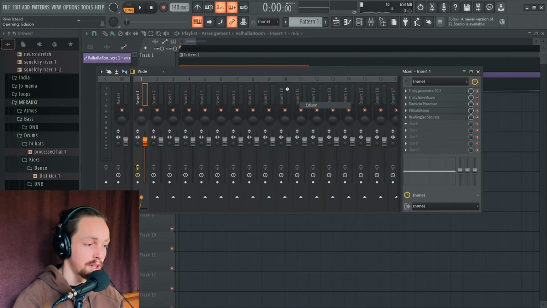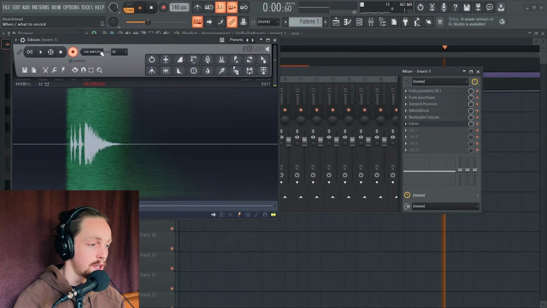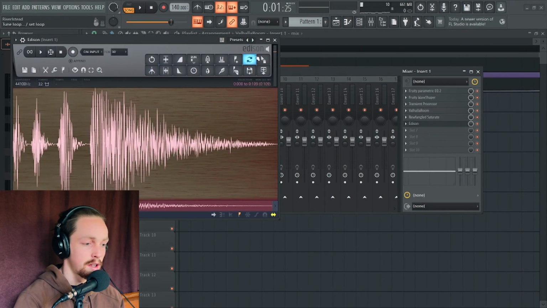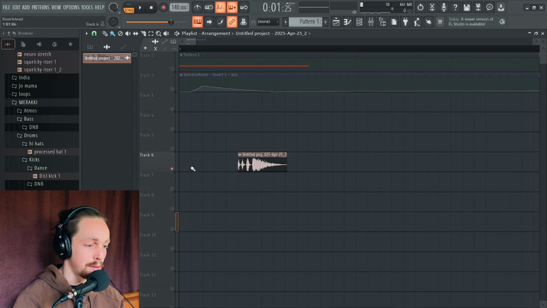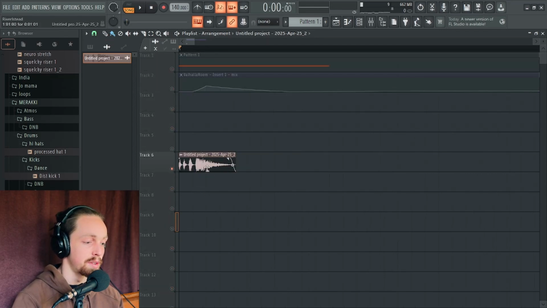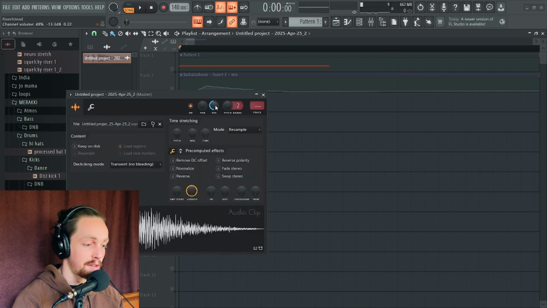So now I'll export that. And there you have it, a clap. And once it's in audio form, you can do a few more things to it to customize it even further. So if I just turn this down a bit,